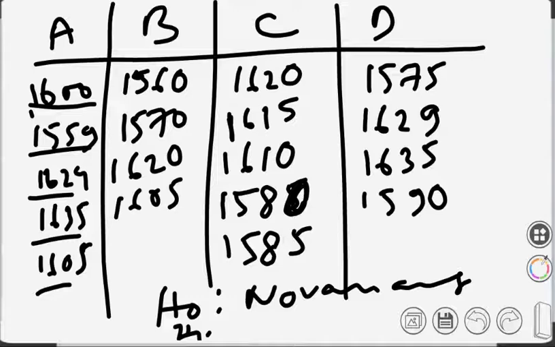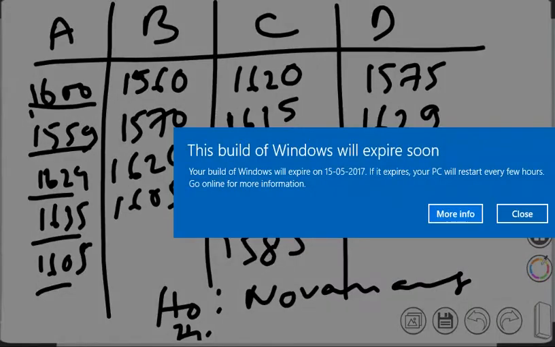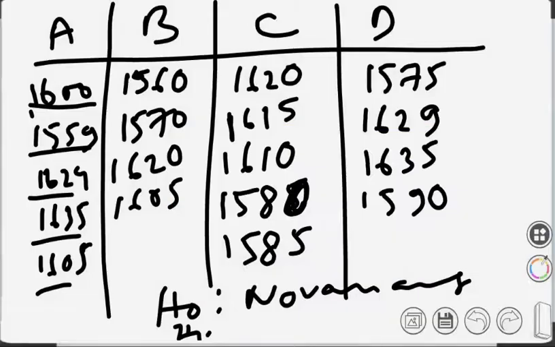Who can tell me, change of origin. There is a short question in your internal also. Variance, sir. Yes, change of origin does not change the variance or the standard deviation. So here we are doing the analysis of variance. Change of origin means if you are subtracting a constant value from each of the values, then it will not make any difference.